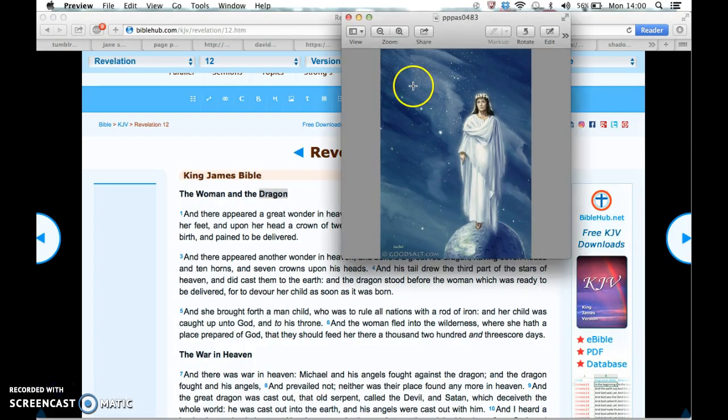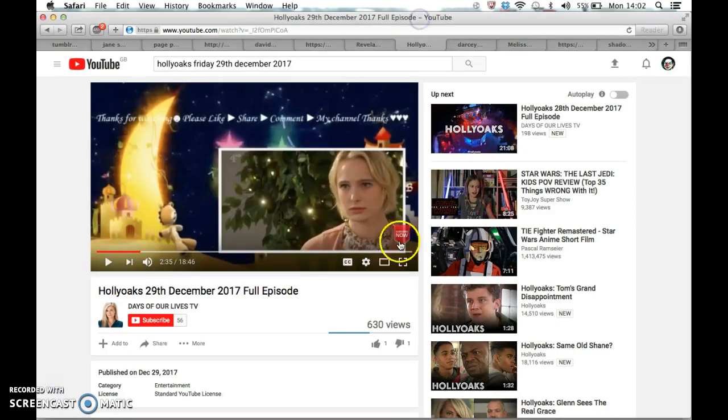So, basically, all of these people who I've been talking about, I've said they represent the Rev 12 woman. Yeah, they all represent her. This heavenly woman stood on the moon right here. Darcy isn't really the nasty, selfish witch. It's actually Maggie who is. Maggie is another character in Hollyoaks, because she may have cancer,